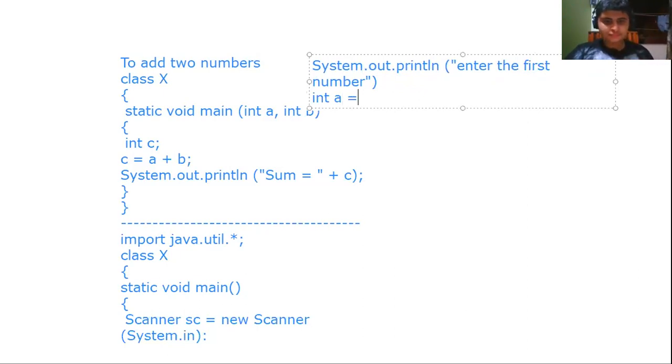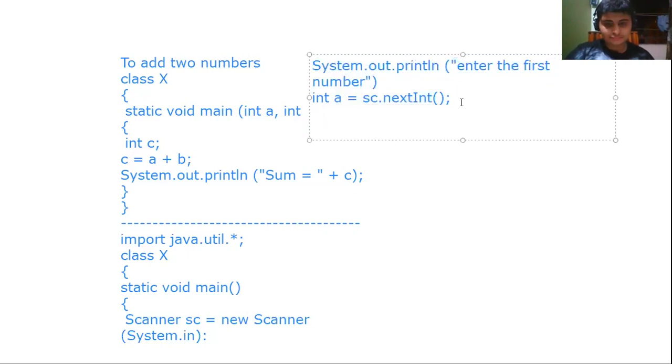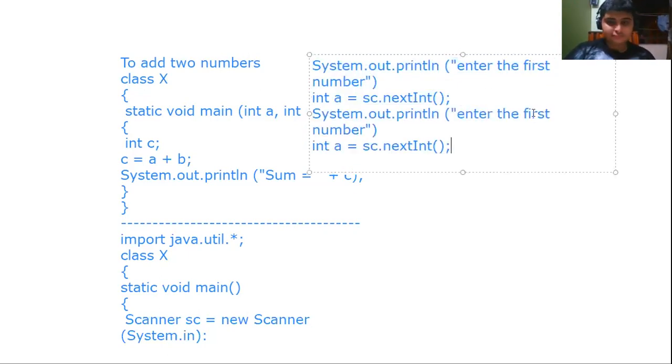You will say int a equal to sc dot next int. The same thing you are going to do for the second number. Enter the second number and you are going to write int b equal to, then the same thing. You will write c equal to a plus b, then system.out.println.